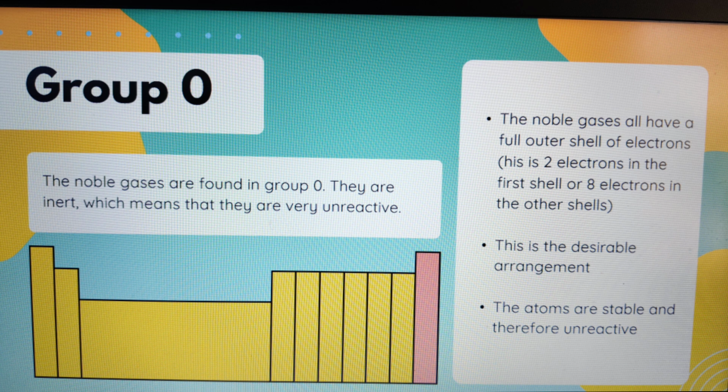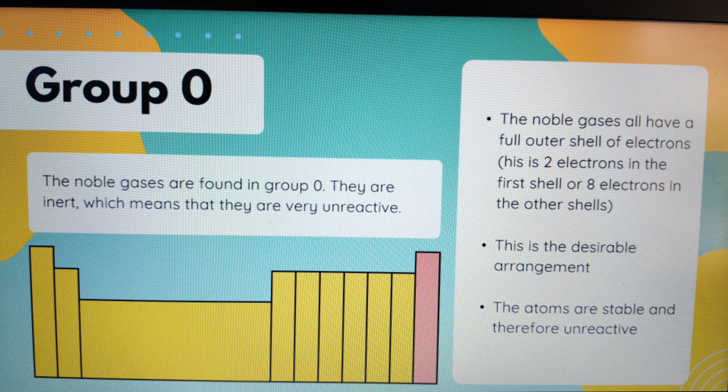Okay, so they are very high profiled people. Noble gases are found in group 0. They are inert. Inert means what? They are not ready to react with anyone and not ready to give their electrons to anyone. Inert means introvert. We have heard of it, someone who does not feel like talking to anybody, neither speaking nor listening. That is an introvert, right? Same like that. Inert means they're not ready to exchange any electron or do any barter system with anyone.